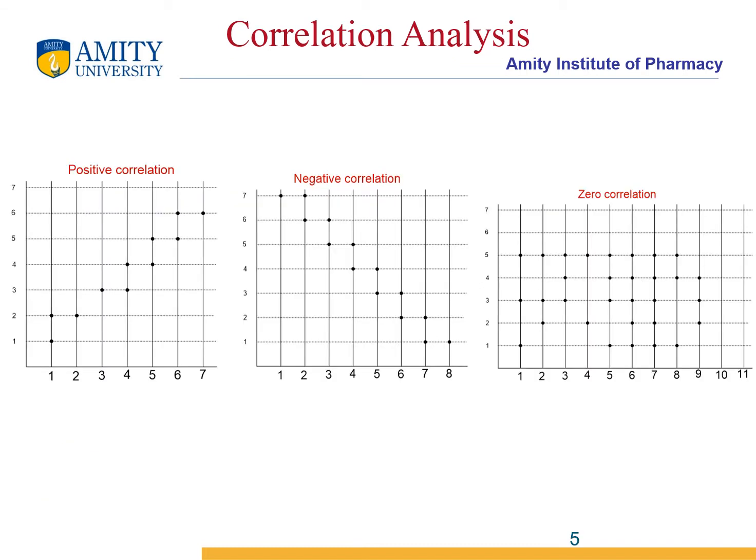And in this slide, they have mentioned different graphs for all three correlation types. First is the positive correlation, which shows an increasing straight line graph. Second is the negative correlation, which depicts a graph going from upward to downward in a straight line. And as I told you about zero correlation, there is no relationship between the two attributes, so the graph is a scattered kind of graph, and no straight line is observed in zero correlation.